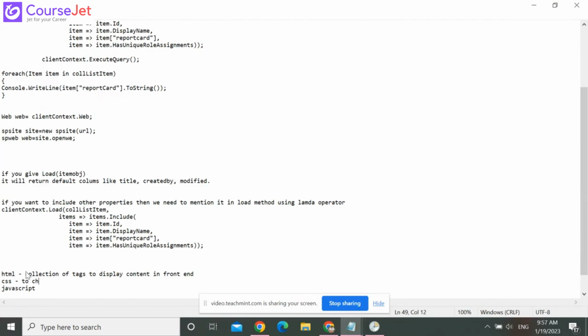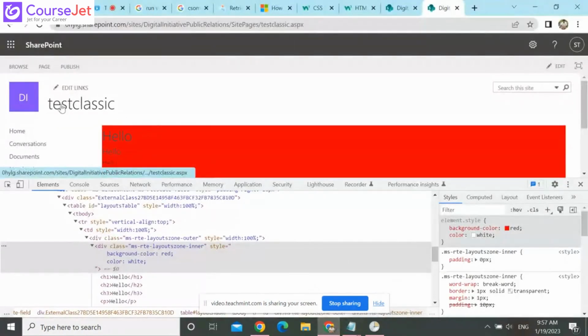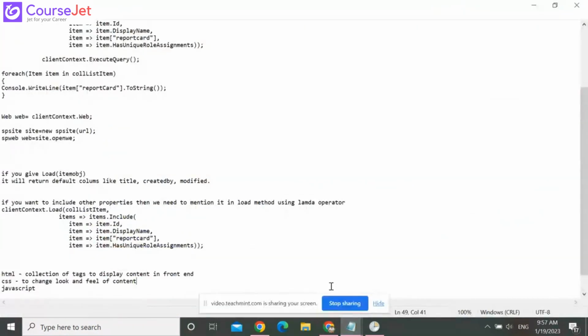CSS is to change the look and feel of content. Say in this page you want this text to be in the center, this edit link to be removed, or the color of this edit link to be changed. Everything we can do in CSS only. And JavaScript is